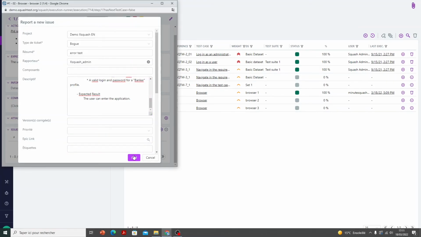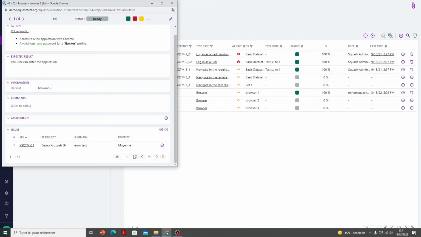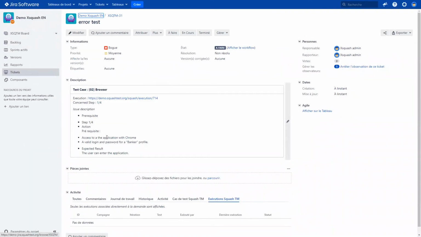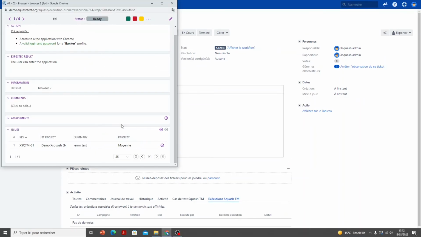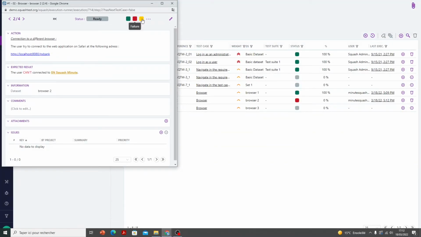I add the issue here, and this issue is automatically added in the issue table. This link here allows you to access the Jira ticket. I specified that this test step is in failure here, and I quit the execution window.